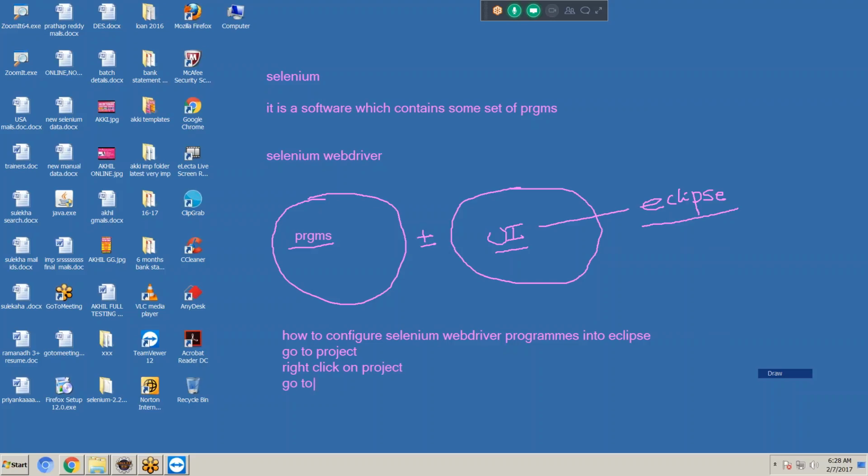Go to properties, Java build path, libraries, add external jars. Choose the jars, add it, click on OK.